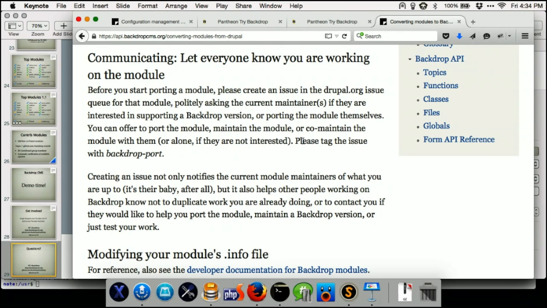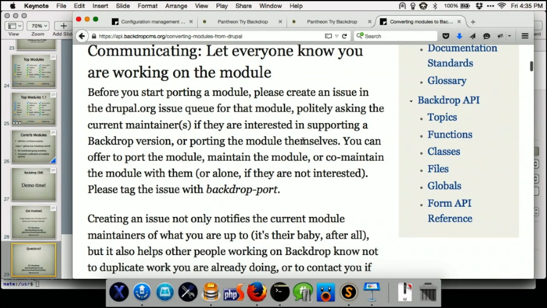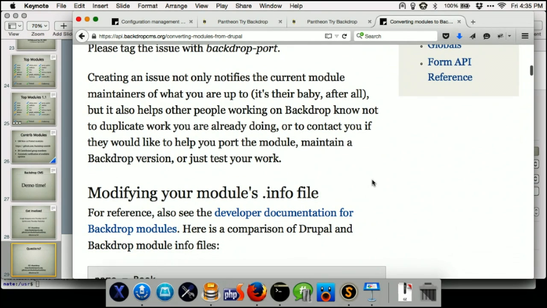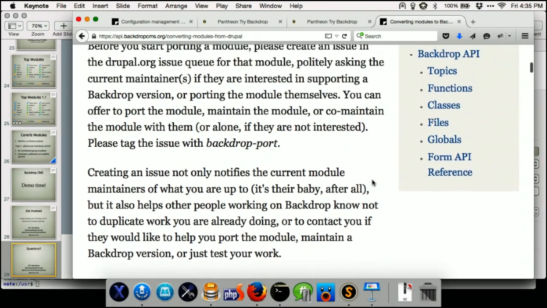Initially I was really worried that the Drupal contributed maintainers would be really upset by it, but overwhelmingly they've been really supportive. They've been like, oh, I don't have time to work on it myself, but do whatever you want, and if you need any help, let me know. I'll make you a maintainer so you can have access to whatever, and we can collaborate. So far it's been really positive. I've been overwhelmingly surprised by the positive